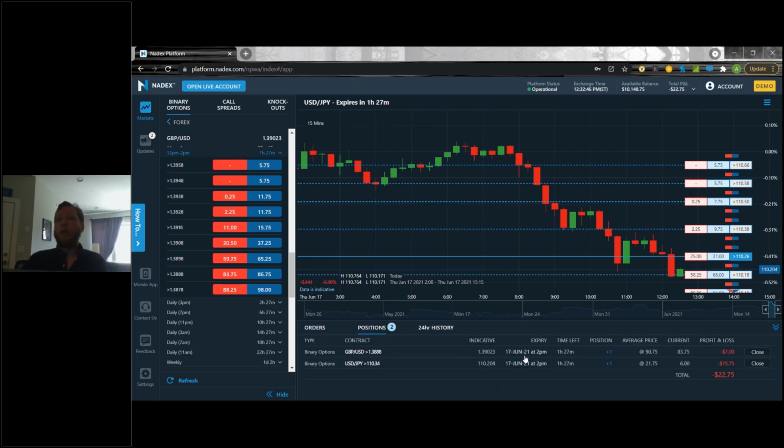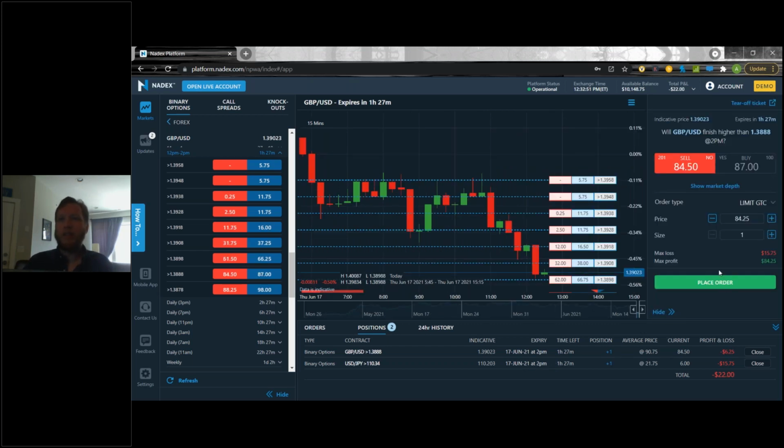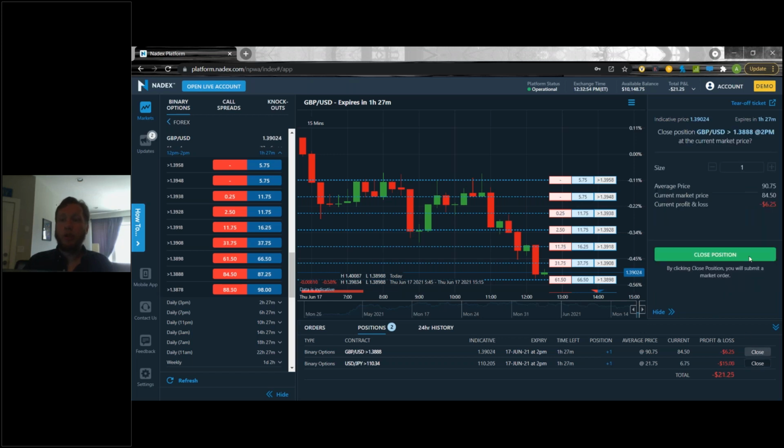Without going too in-depth into the technical side of how the exchange works, very basically, when you hit place order or when you hit close, it is going to close you at a market order. There's a couple things to remember with market orders on Nadex. They are market orders with protection. So that protection level is still going to be taken into account when you hit the close order button.